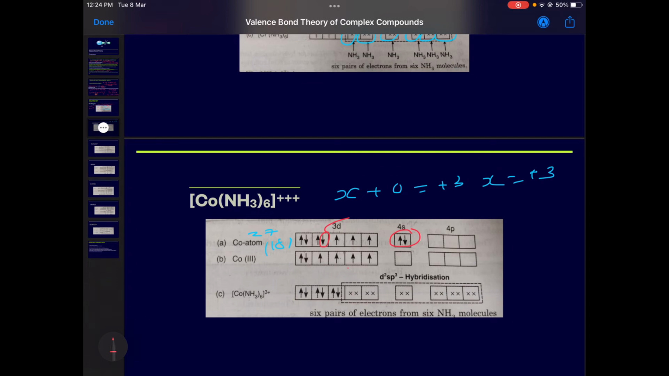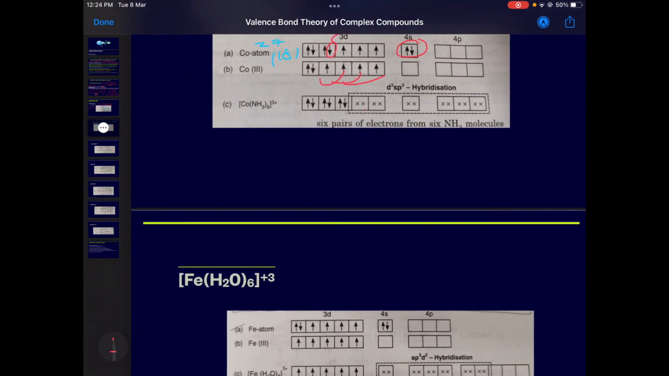Now ammonia is a strong ligand here. So it will go for pairing up of unpaired electrons. There are 6 ammonia ligands, and each ammonia will contribute 2 electrons at a time, that means 12 electrons are contributed, and it becomes d2sp3,